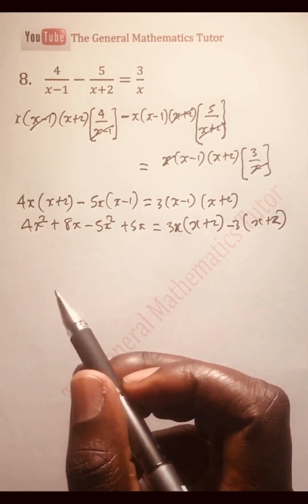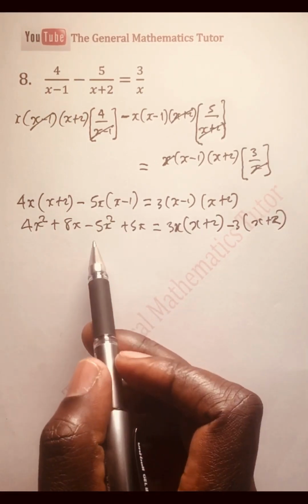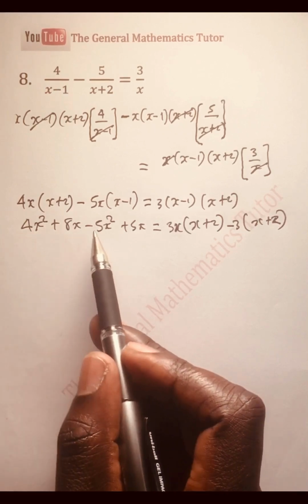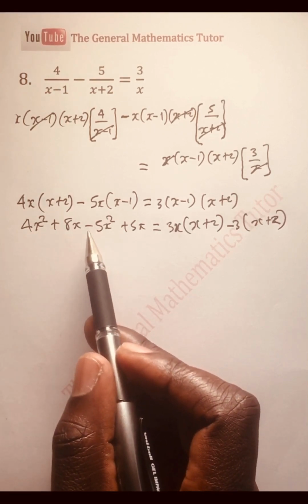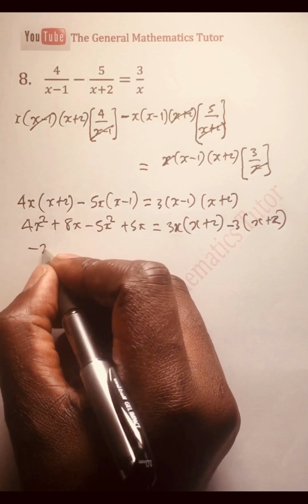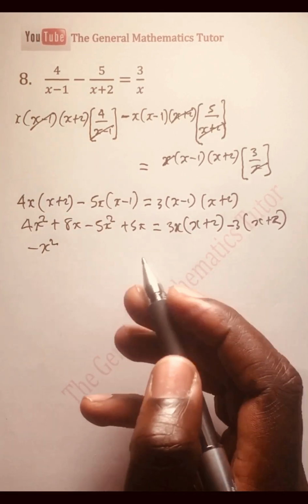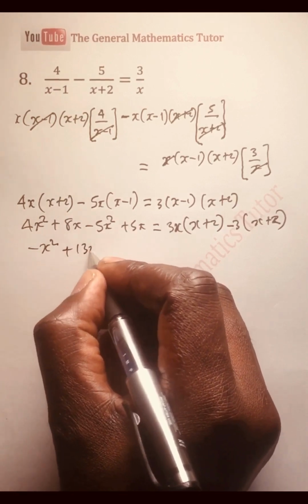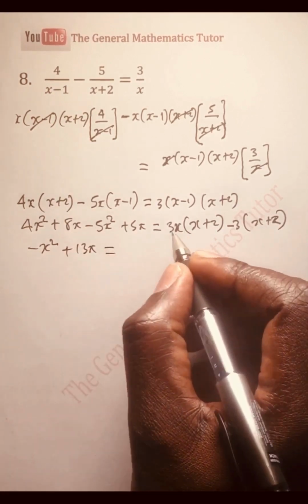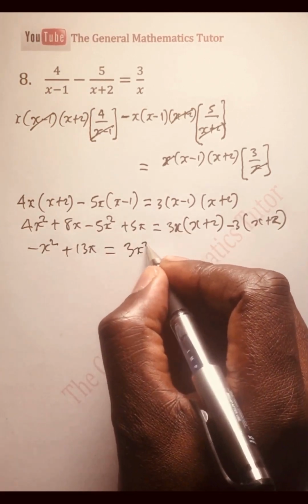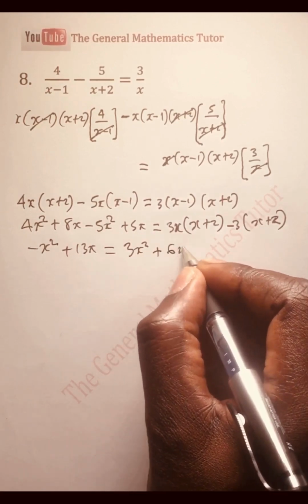So on this other side, we have 4x squared minus 5x squared, that will be negative x squared. Then we have 8x plus 5x, that will be 13x is equal to, this is 3x squared plus 6x